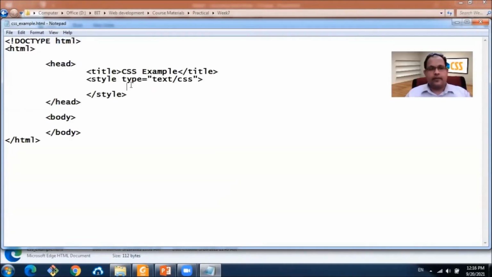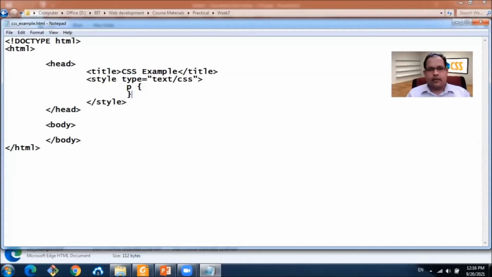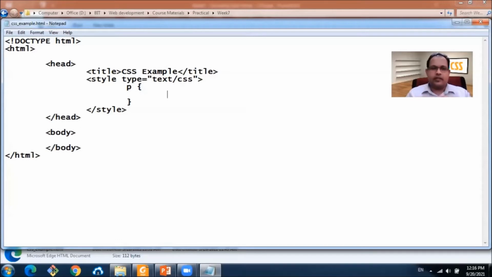Now here we can define the element. For an example, paragraph tag, open brackets and close brackets. Within these open and close curly braces, we can define the style that we want for this paragraph. For an example, we can define the color of the paragraph, red.